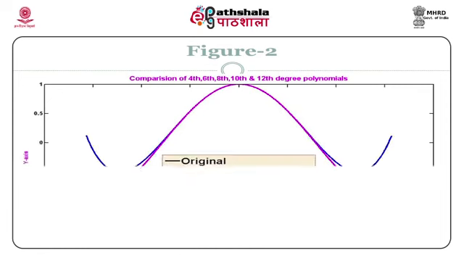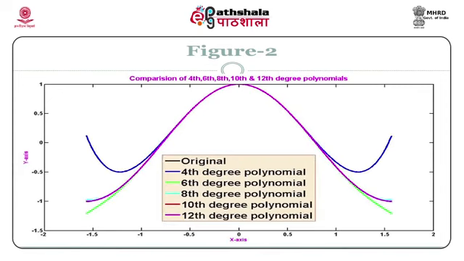This figure 2 gives the various polynomial approximations to the function. The blue line gives the 4th degree polynomial approximation to the original function. The original function is of course represented by black. Then green gives the 6th degree polynomial approximation, the 8th degree polynomial approximation is given in blue, the 10th degree is given in red and the 12th degree is given in magenta. So, we can get various polynomial approximations to the function f. Observe that the 4th degree and 6th degree polynomial approximations do not match so well, but the 8th degree is relatively okay, and the 10th and 12th degree match very well and are in fact almost coincident on f.